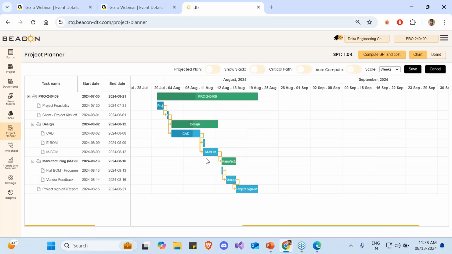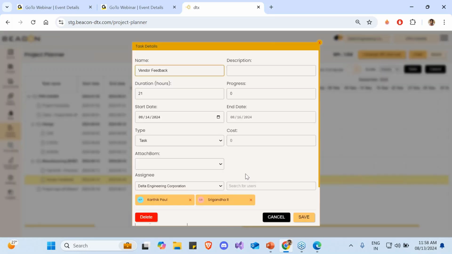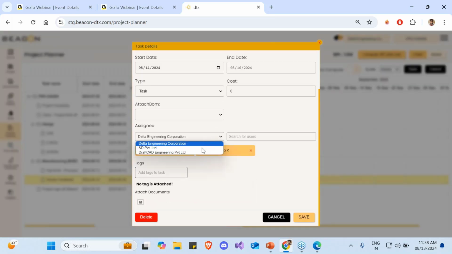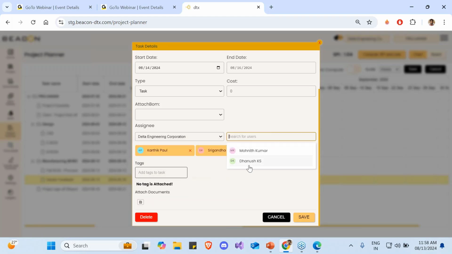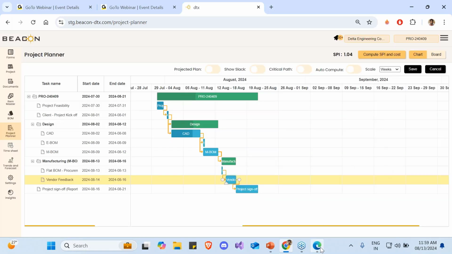I'll edit the project and go to the task. In the assignees, I select which vendor it belongs to, and I select the respective user depending on the selected tenant name. Let me remove Sriganda for a minute. If I have to add her again, I type SD, and it is for Sriganda, so I just add her. Like this, it will go.